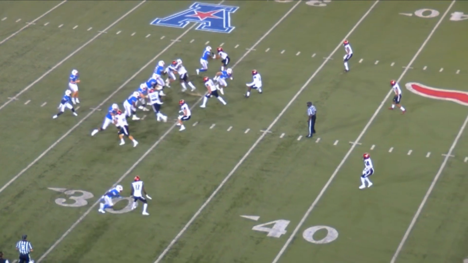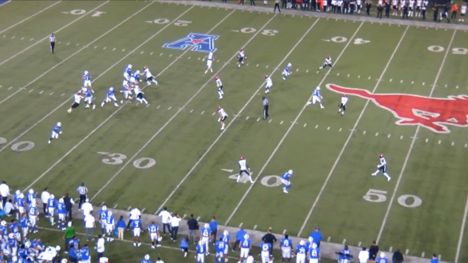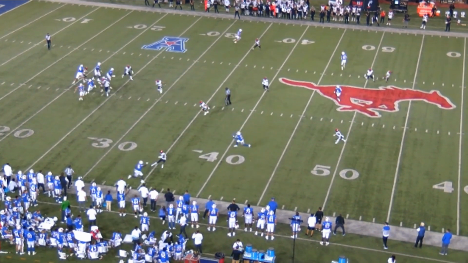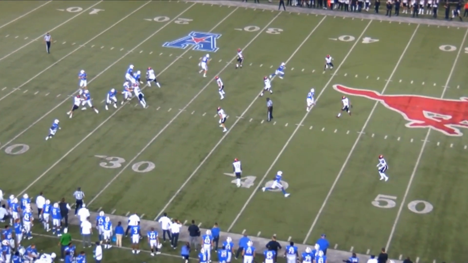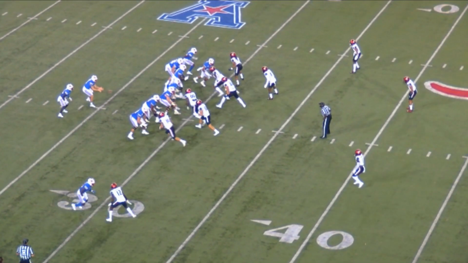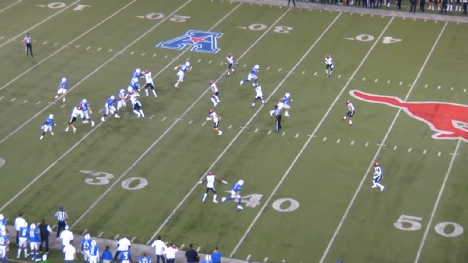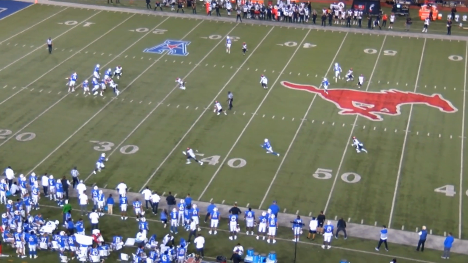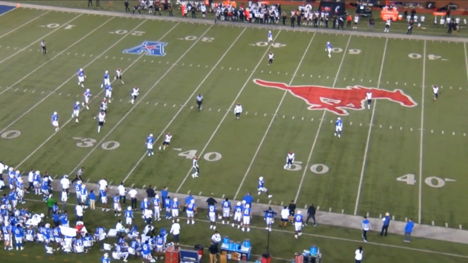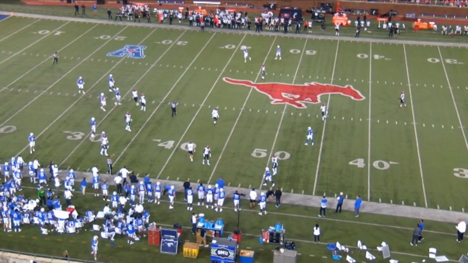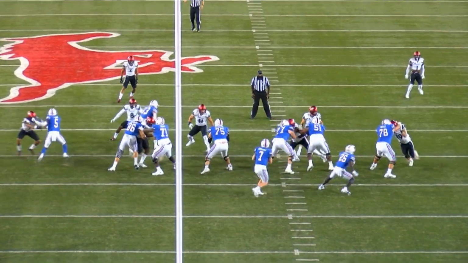A little bit later here, this is a missed kind of under post up top. You can see the middle field open. One more time. We'll draw the whole thing out, but a shot to the middle of the field, middle field open, corner pulls that safety. There it is, right on the bottom of the horse. Then he goes to make a throw on the run, off platform, out of structure.